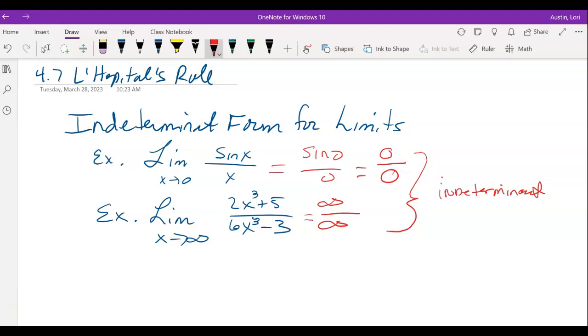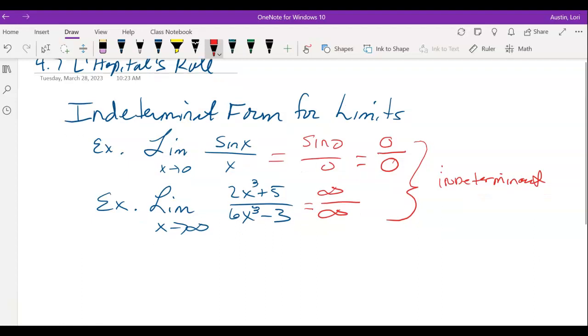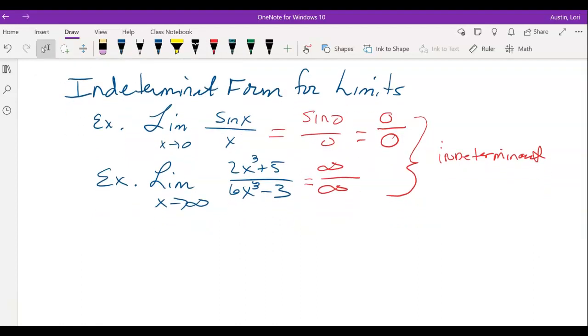In other words, you have a limit and you just visualize plugging in whatever you're supposed to plug in, and you get 0 over 0, or infinity over infinity. I'm going to show you a quick way to solve it, quicker than any of the other methods we did. Ready? It's called L'Hopital's rule. L'Hopital's rule says, and we'll solve those two in a minute,